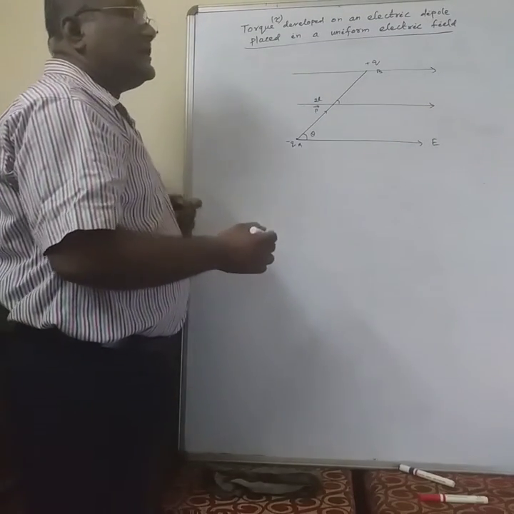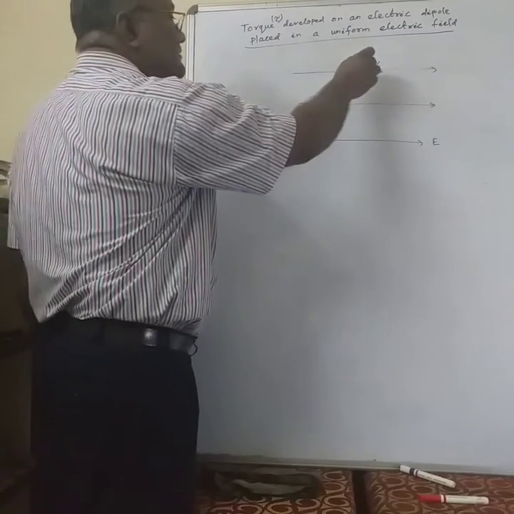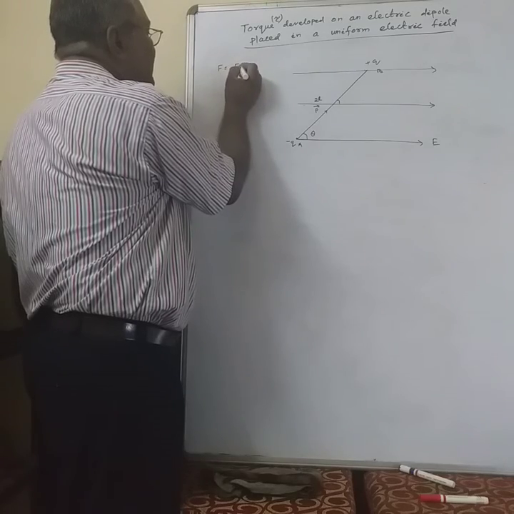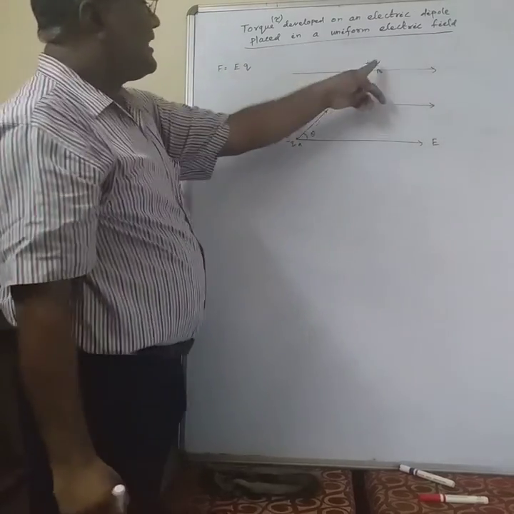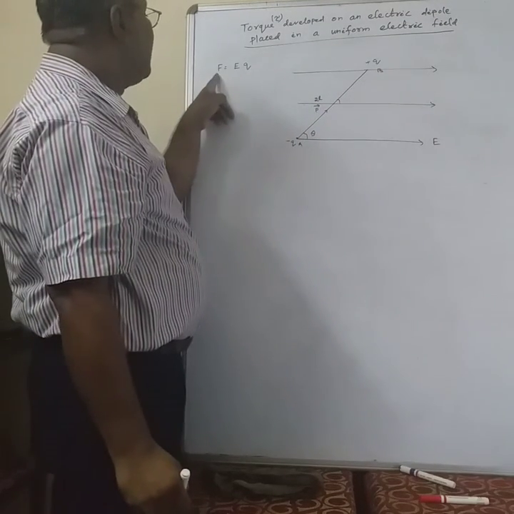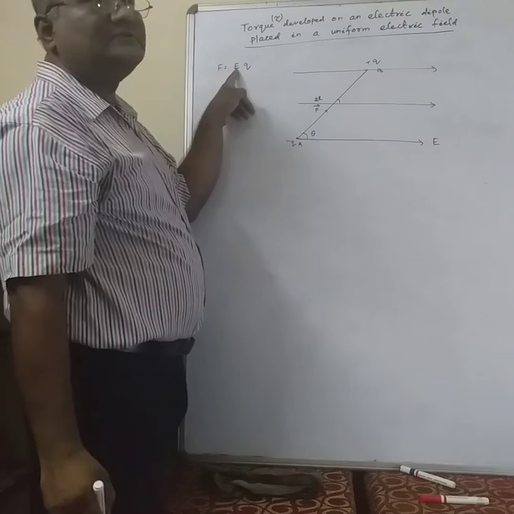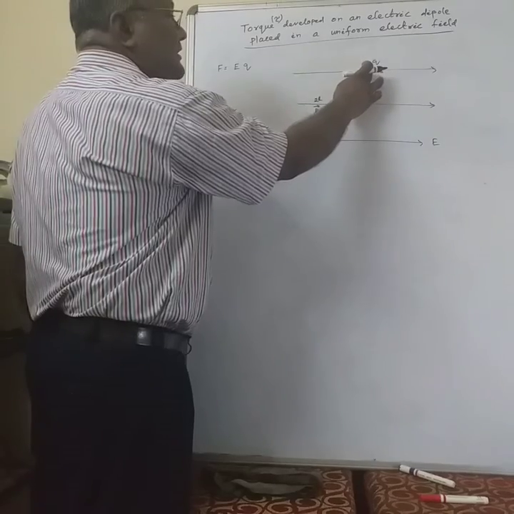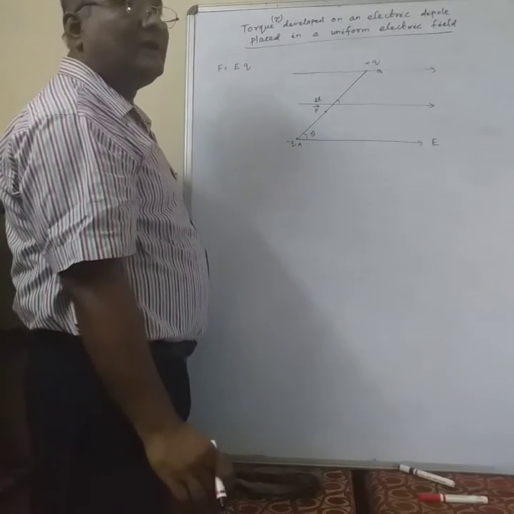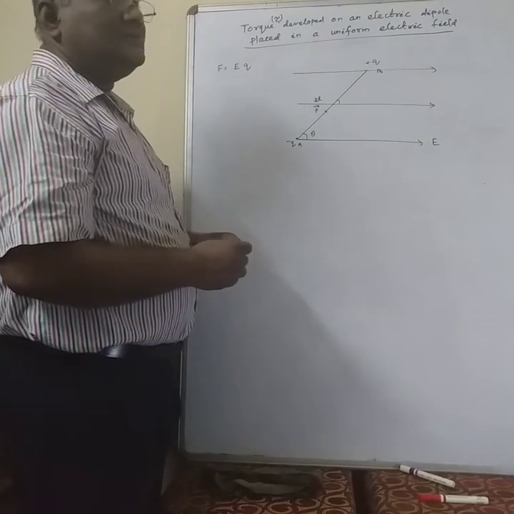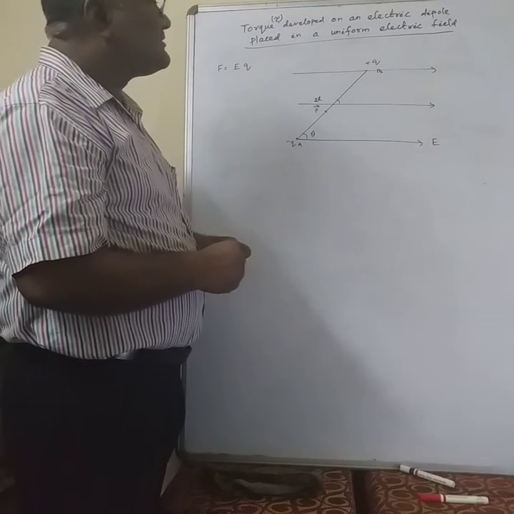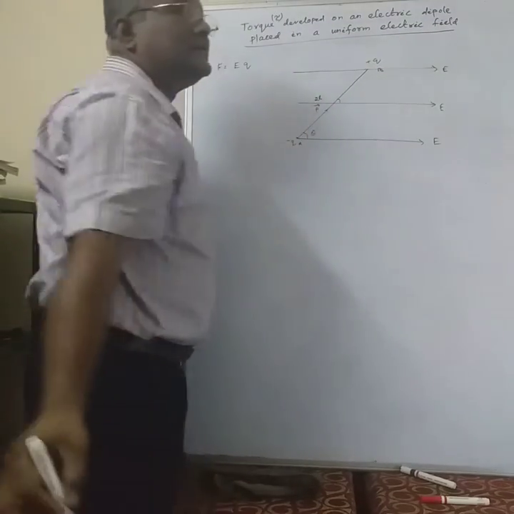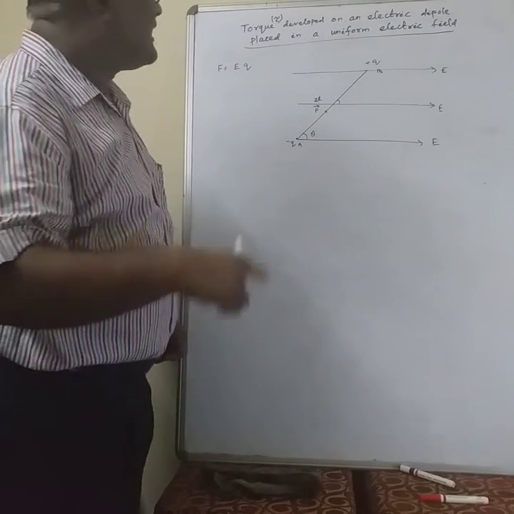Field is E means there is a unit positive charge. But as here plus Q charge is there, force is equal to electric field into charge placed. Here the charge placed is plus Q, so the force direction will be along the direction of electric field. There will be two forces here. If a charge is placed within an electric field, it will experience a force. Why is it so? Because a rest charge produces an electric field. Placed in another electric field, there will be interaction between the two electric fields, which will give rise to a force experienced by the charge.